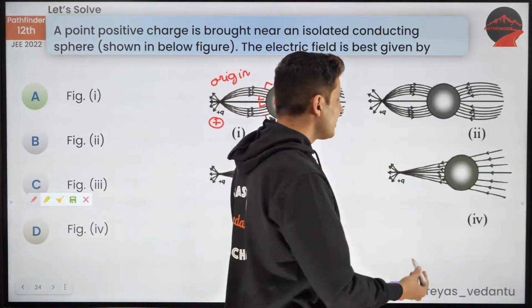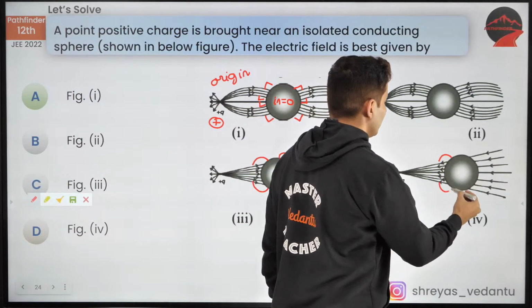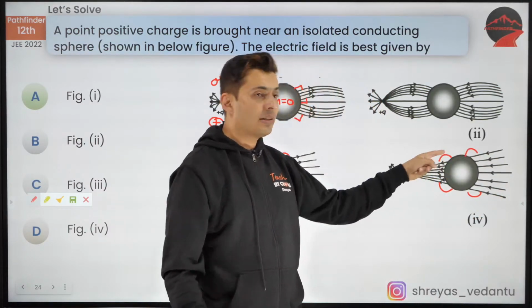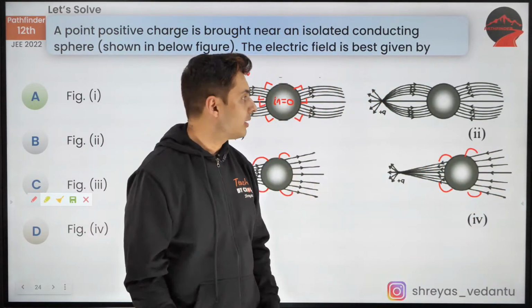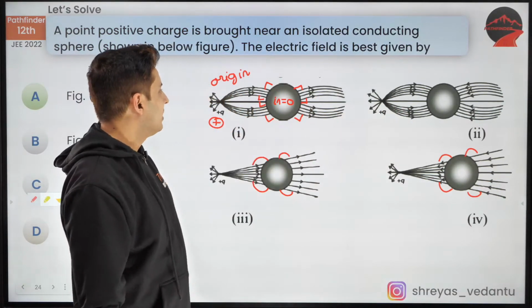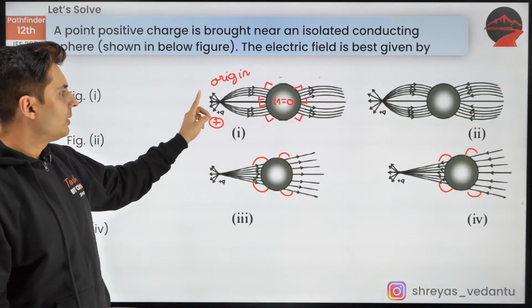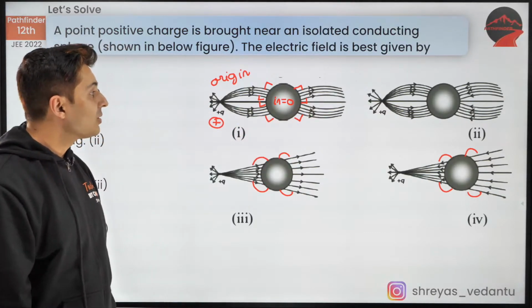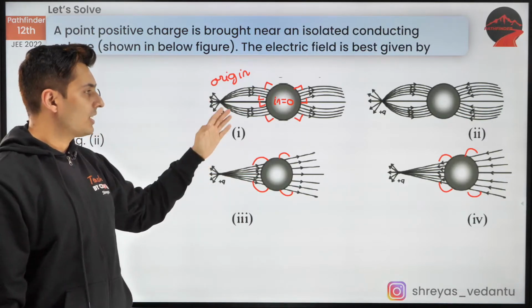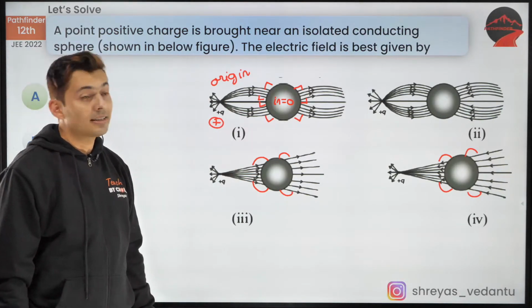How about this? Same problem. You can see the field lines are not perpendicular, because it is originating from here. Obviously the field lines won't intersect perpendicularly. And then you might be confused between this diagram and that diagram. So I'll tell you what is the difference between the first and the second. There is a very interesting thing that is happening.